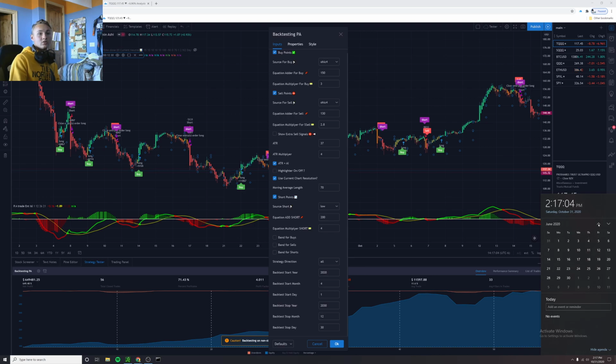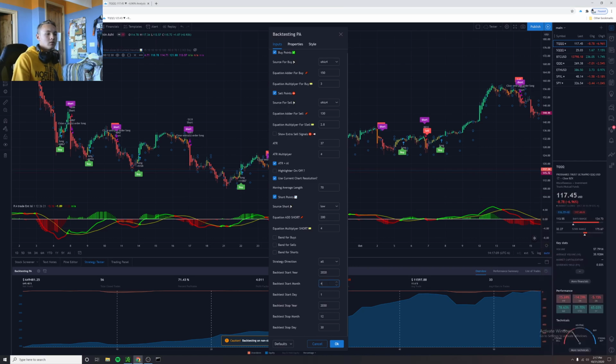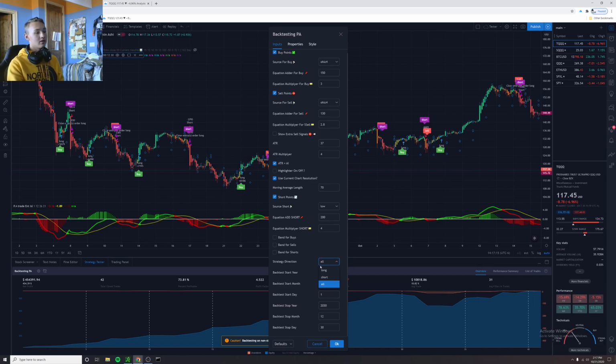August, July, June. All right, so we're going to set it for June. So that's 8 minus 2. I can't even think, it's 6. All right, so then we're going to tune that, and then we're going to tune the backtest stop month to 2020,